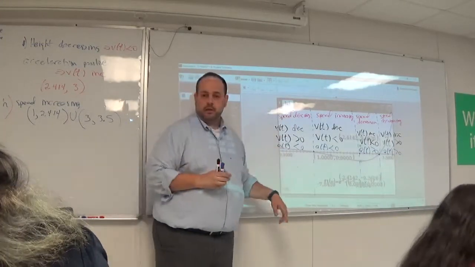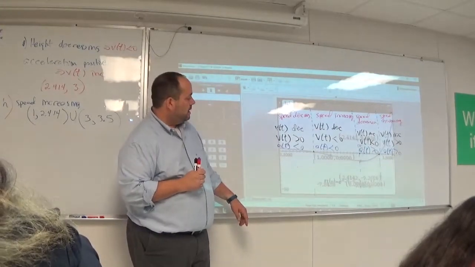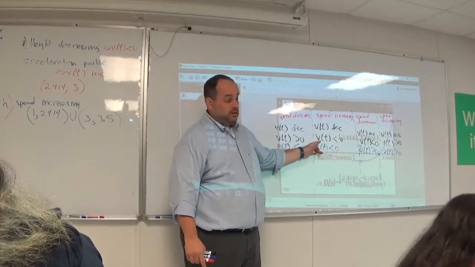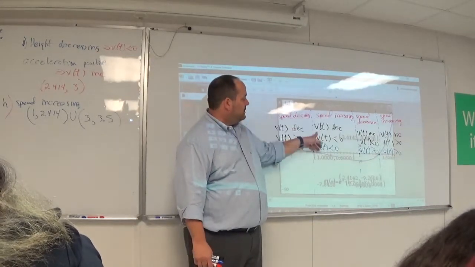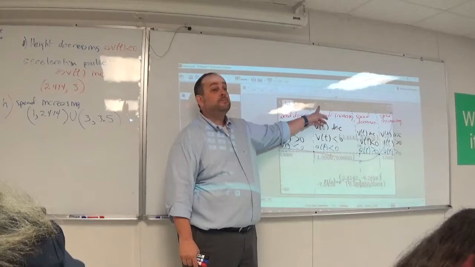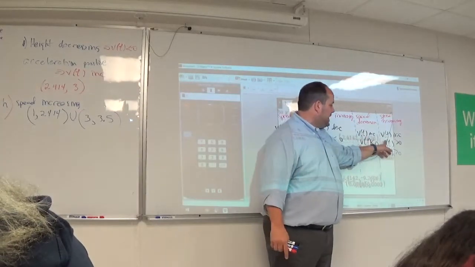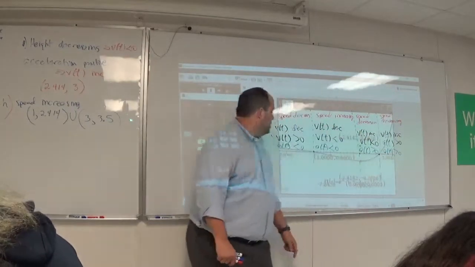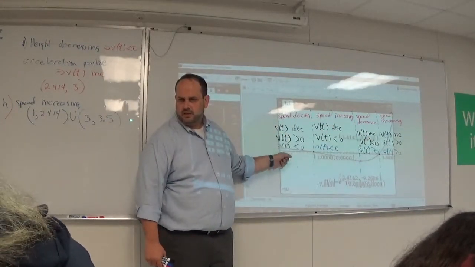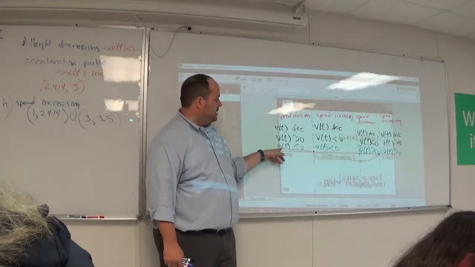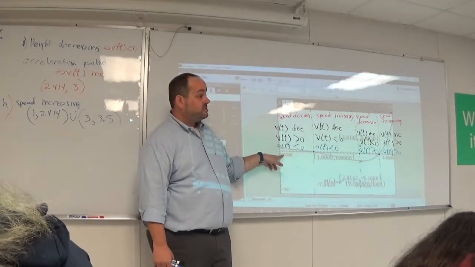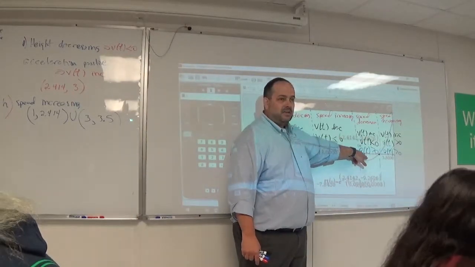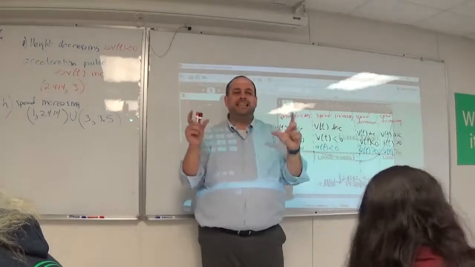Daisy, what do you see? Velocity and acceleration have the same sign. Then speed is increasing. Velocity negative, acceleration negative, speed increases. Velocity positive, acceleration positive, speed increases. What about when they have different signs? Velocity positive, acceleration negative, speed is decreasing. Velocity negative, acceleration positive, speed decreasing. I would get that in your notes.